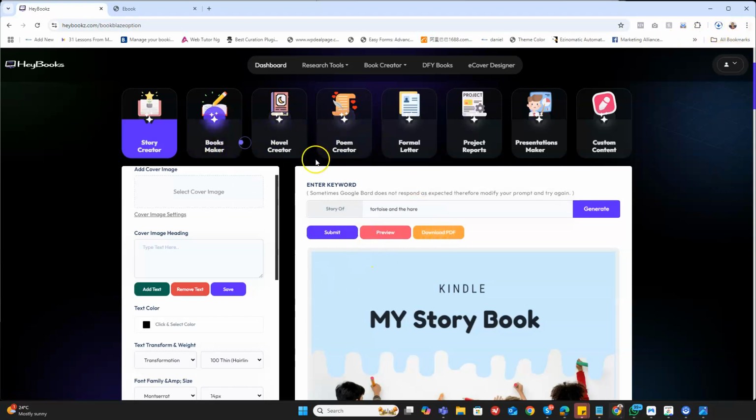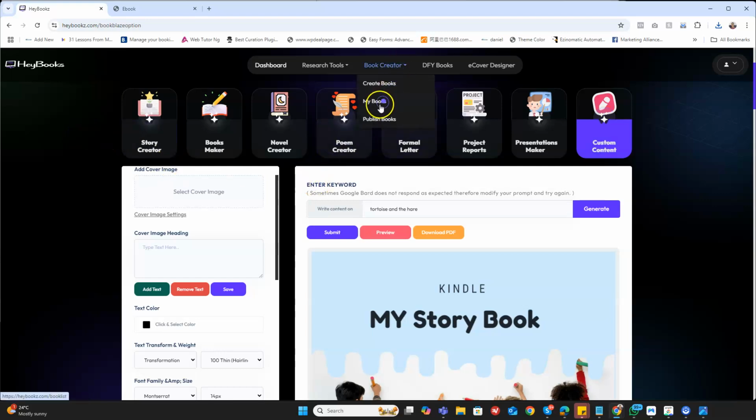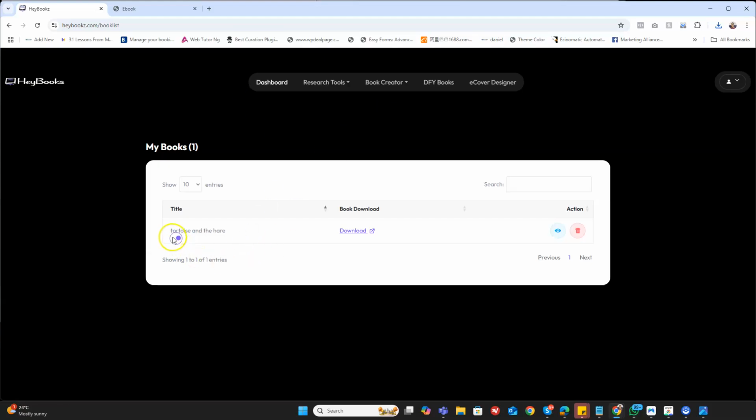Aside from that, you can create different types of books. You can come to Bookmaker to create books and come to Novel Creator. Can you see that? You click on Novel Creator, you'll be able to create a novel. Let's say poem, you can create poem, formal letter, project, presentation, custom content. Once we're done with our book, you can come to My Books to see the books you've created so far. As you can see,